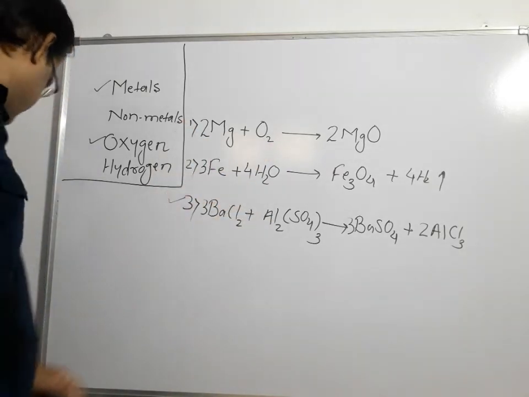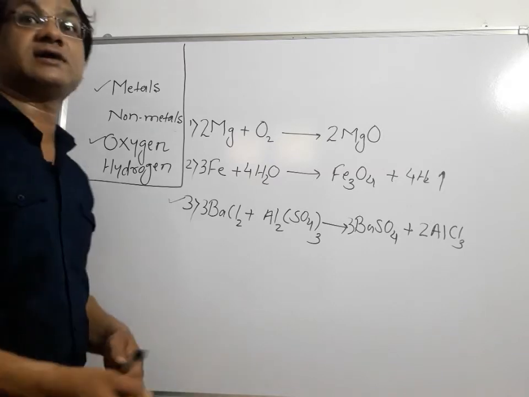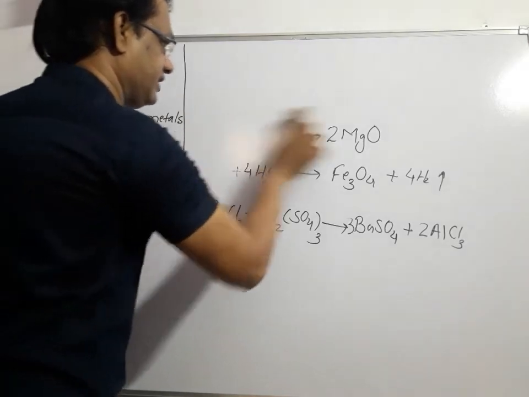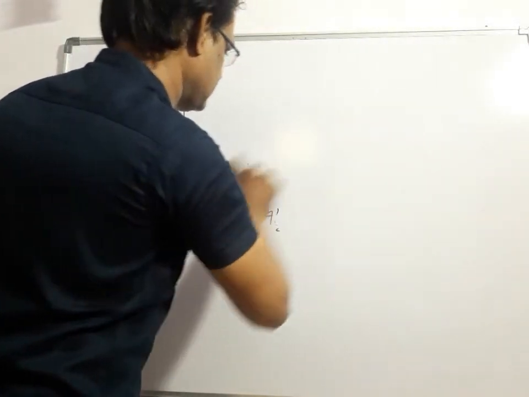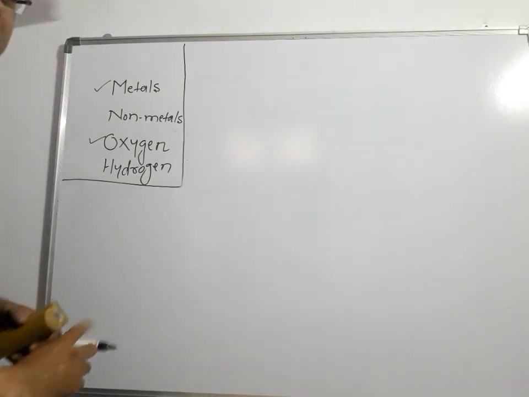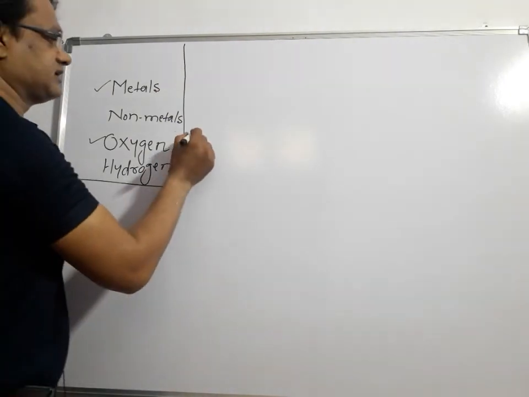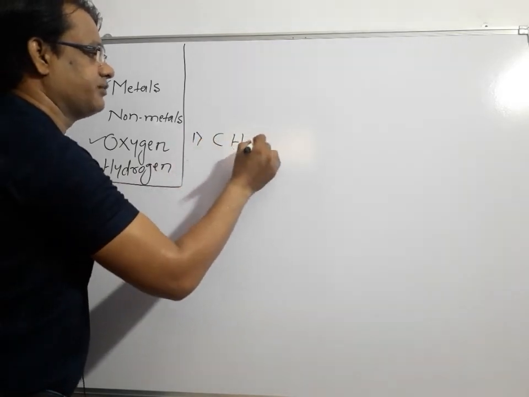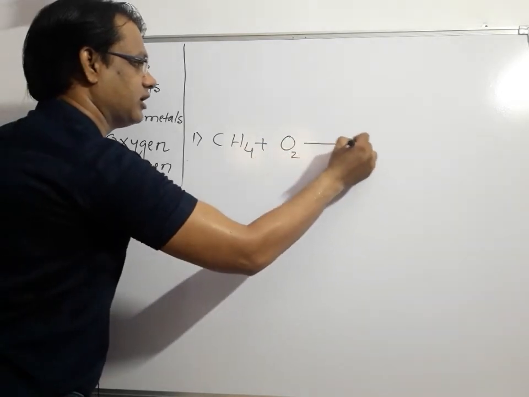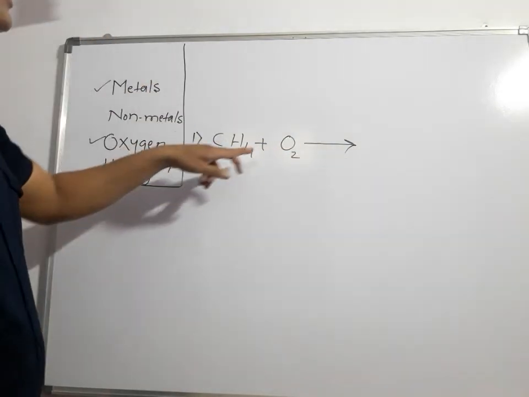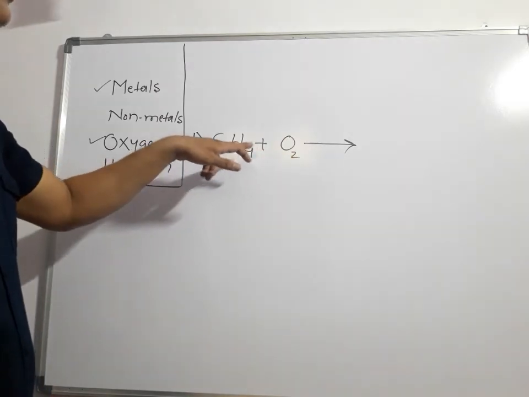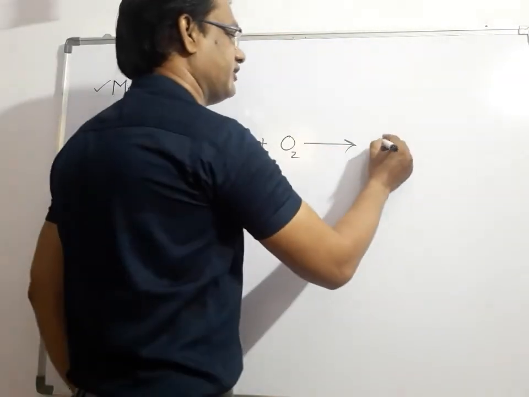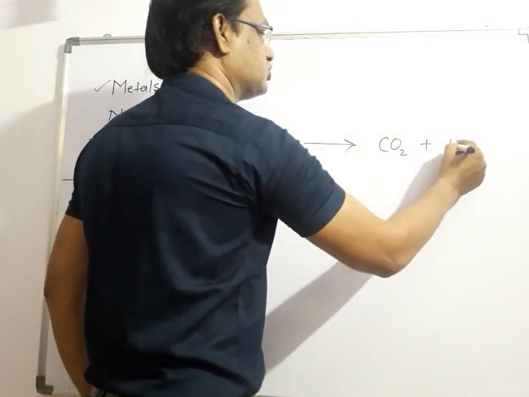Okay. So now what we will discuss next is how to balance an organic reaction. So let me rub this one and we'll see how to balance an organic reaction. Okay, we'll see simple examples. The first example that we are going to see here is the combustion of methane, CH4 plus O2, and you all know what will be the product when methane is combusted in the presence of oxygen. I told you earlier that it will form CO2 plus H2O.